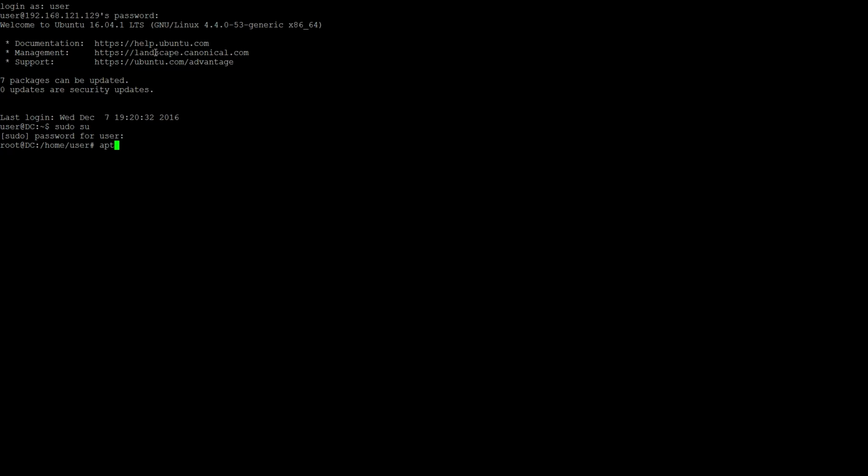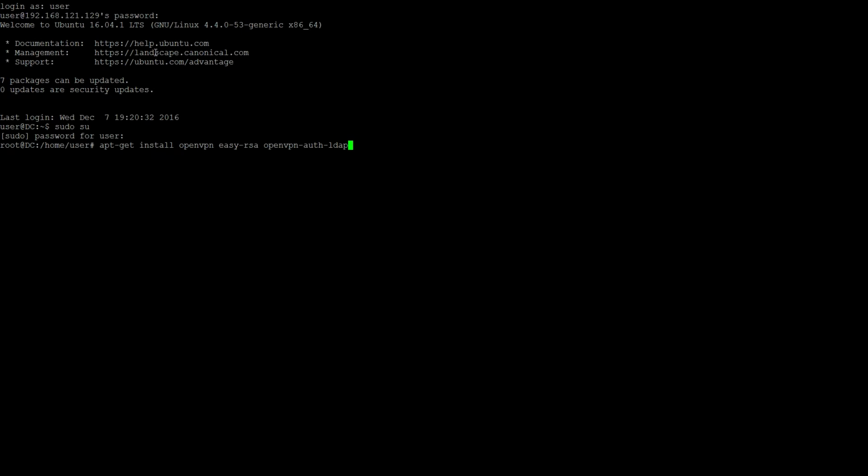We'll be installing it by using apt-get install OpenVPN for the VPN server, easy-rsa to generate a certificate authority and the needed server and client certificates, and we'll install OpenVPN